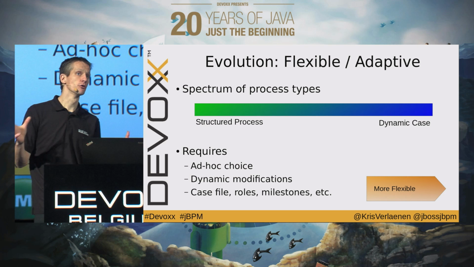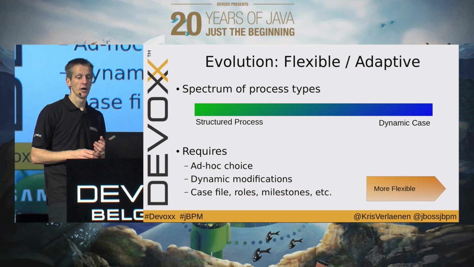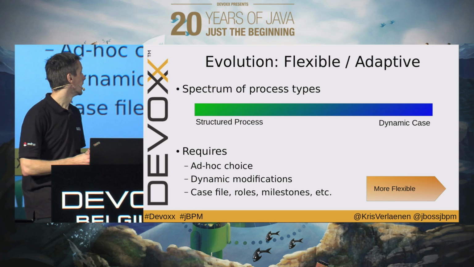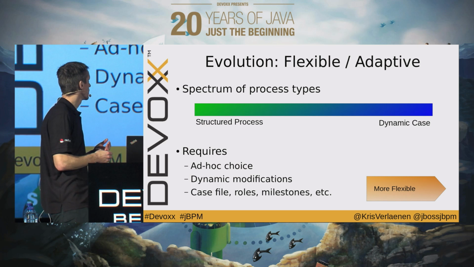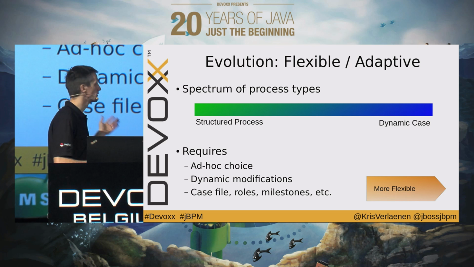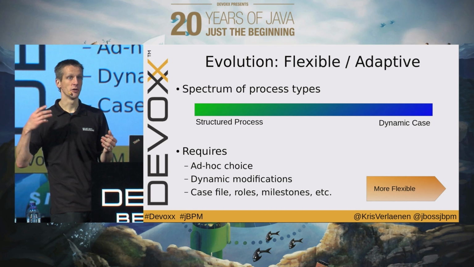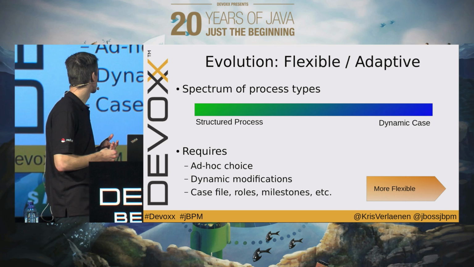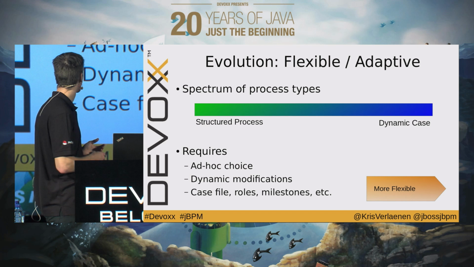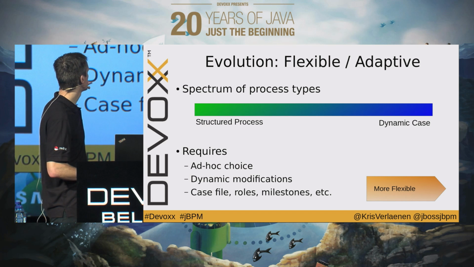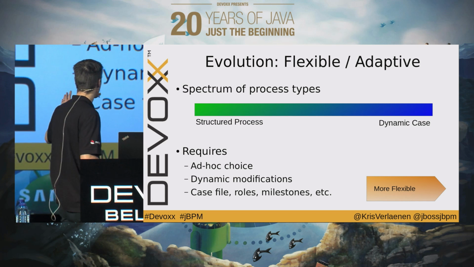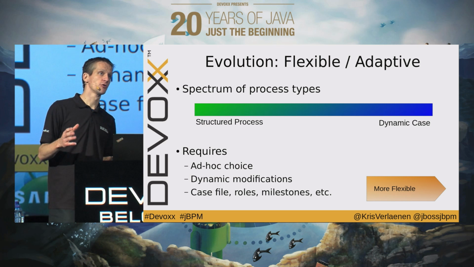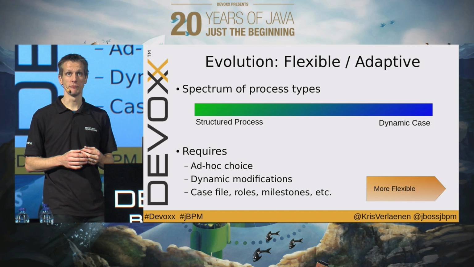Now, that's obviously useful if you want to have this kind of structure, but in a lot of cases, you might want a lot more flexibility. And then there's a lot of different terms you can use. In the past, we've called it flexible processes. It's called adaptive case management as well nowadays, or at least some people refer to this as adaptive case management. So what you need from your process engine is the ability to choose. So you need to be able to model something where the process doesn't necessarily define what needs to happen, but